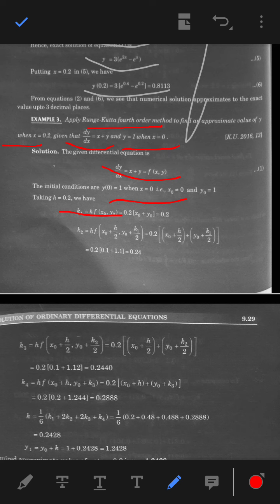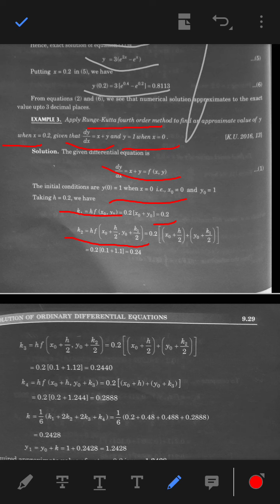Here the function is given as x plus y. So this expression will be 0.2 into x naught plus y naught. Simply we put the value of x naught and y naught, and we find the value of k1 to be 0.2. Now we will find the value of k2, and the value of k2 will be equal to h